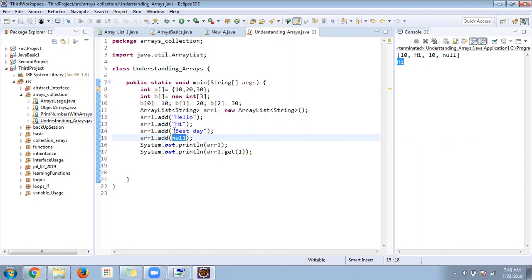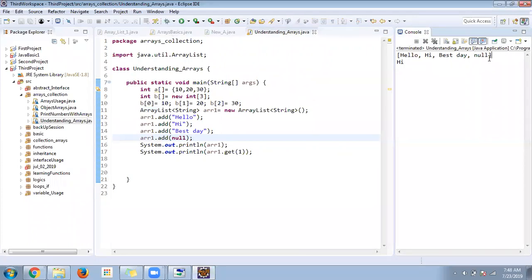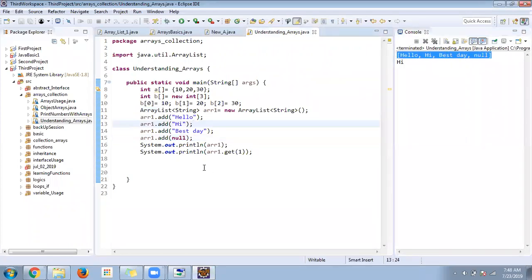So null can be there because it doesn't give any error for null. No, because string data types allow null to be stored. That's the main reason. Yes. So now if you see, hello, hi, this day, null. Okay, good. Jayesh, now can you tell me,